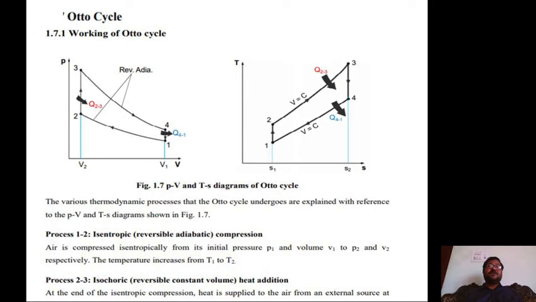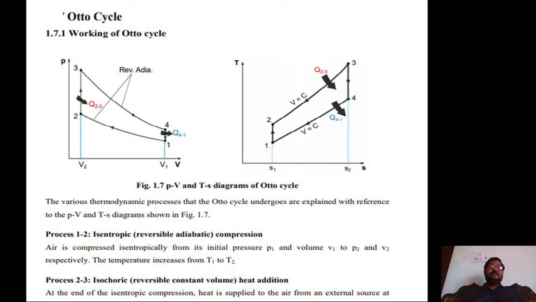Now here, the Otto cycle is used for the spark ignition engines, and it has 4 processes: 2 reversible adiabatic and 2 constant volume heat addition and heat rejection processes. In the PV and TS diagrams, for all the air standard cycles, PV and TS diagrams are very essential for analysis purposes, as we all know. And also this Otto cycle is very important for petrol engines.